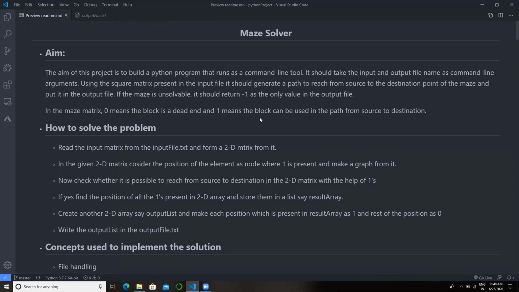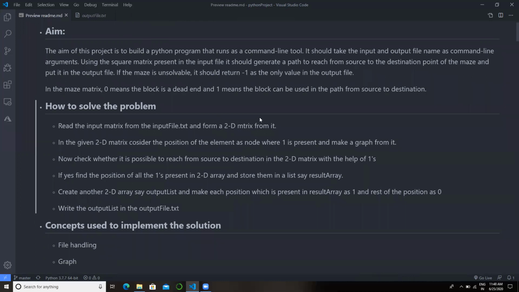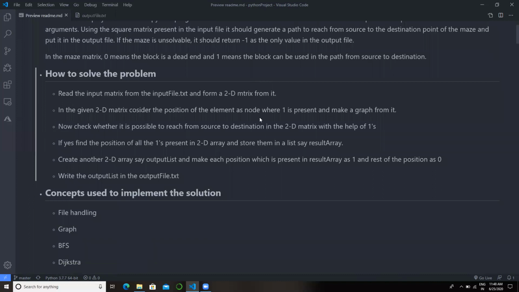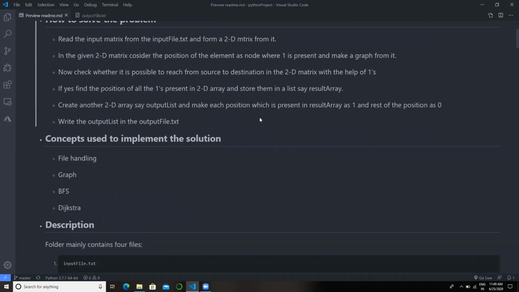Firstly, I'm going to read the input file.txt. There I will get the input matrix in the form of strings. I'll convert those strings into a 2D array, and then I'll take all the ones and create a graph with the help of those ones. Then I'll check whether a path exists between the given source and destination using BFS. If the path exists, then I'll apply the greedy algorithm Dijkstra in order to get the shortest path